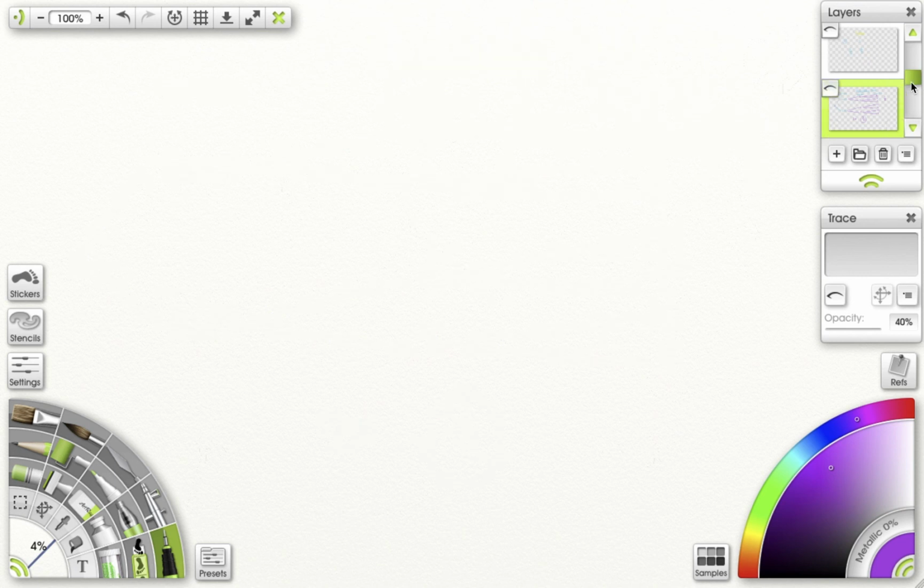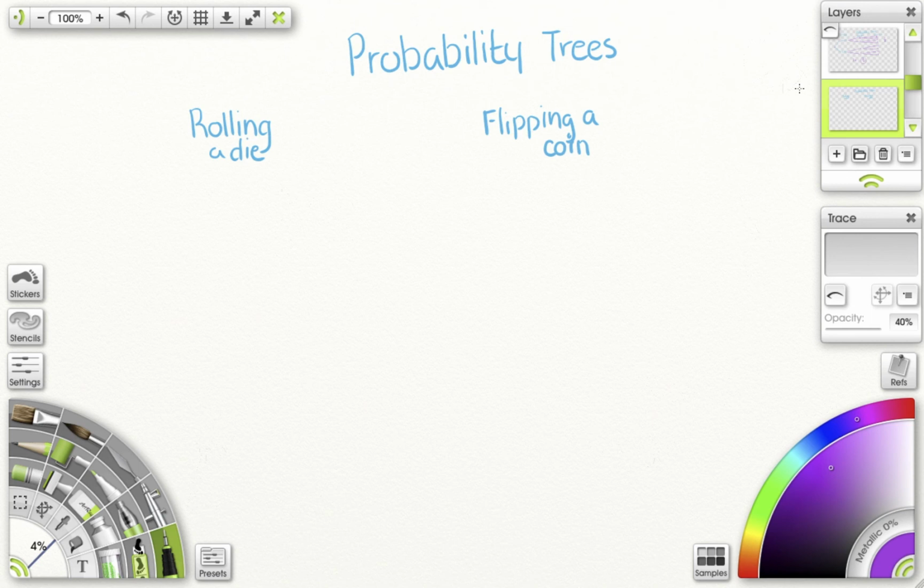So let's try illustrating this again with another probability tree. So we have this one here. My first turn is going to be rolling a die. Rolling a die, I have one of 6 options because there's only 6 sides to a die. So I can land on a 1, a 2, a 3, a 4, a 5, or a 6.